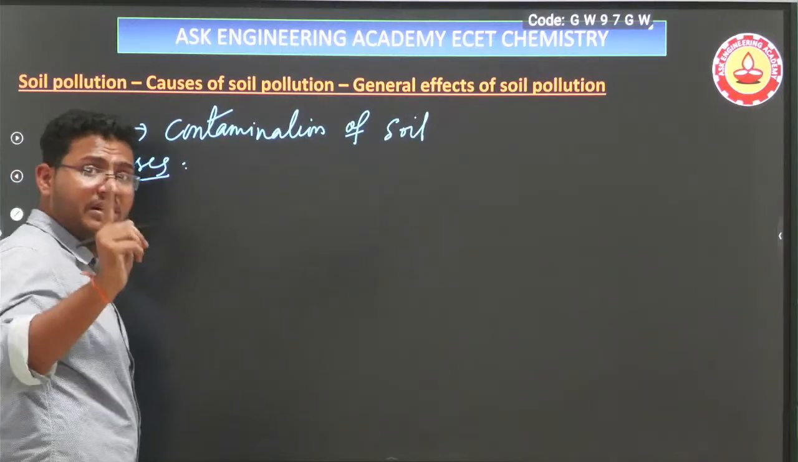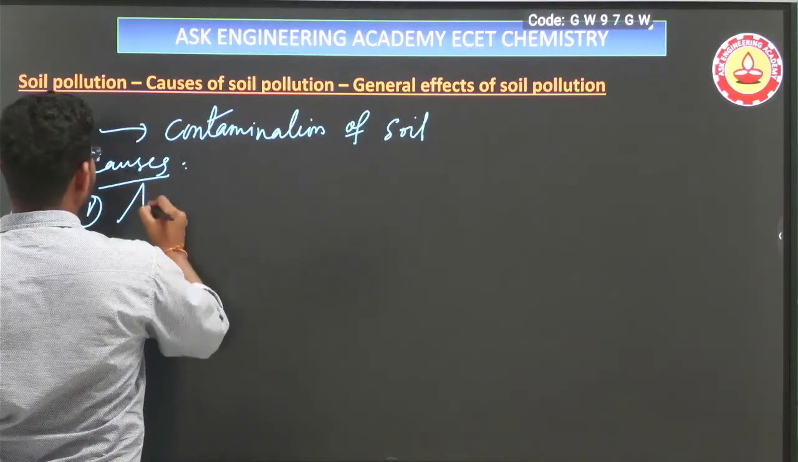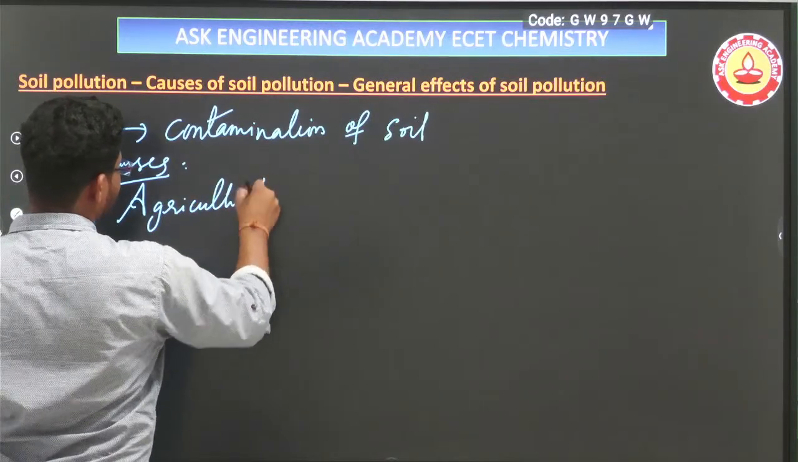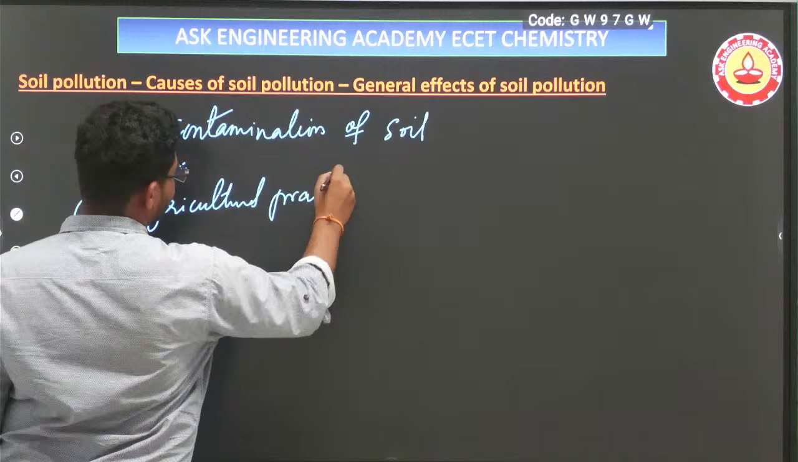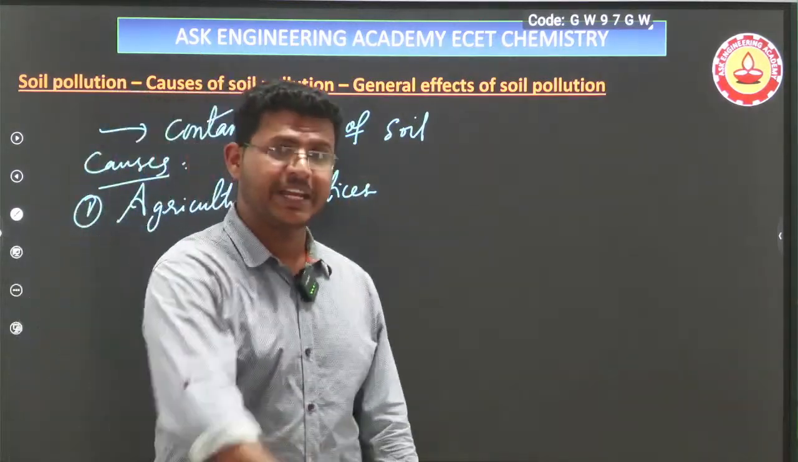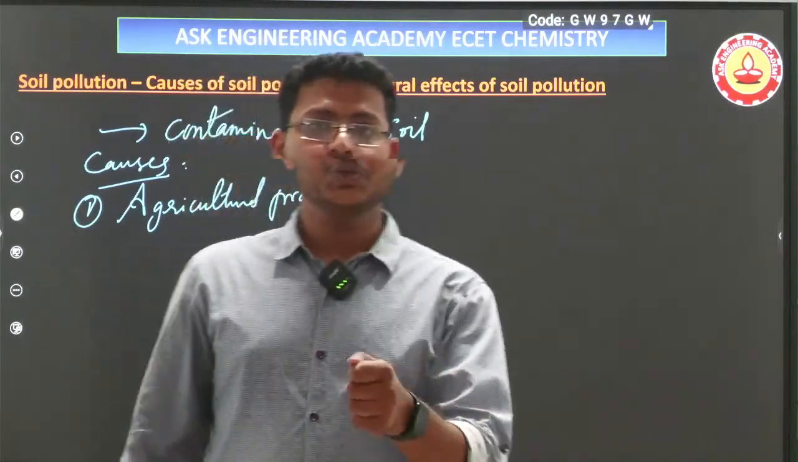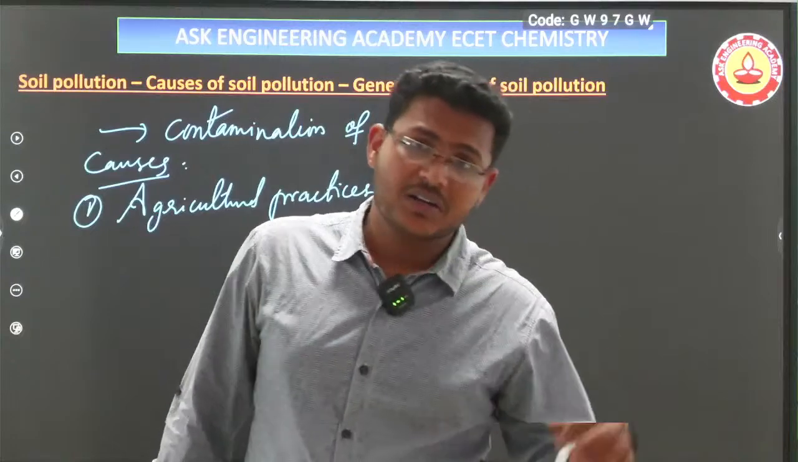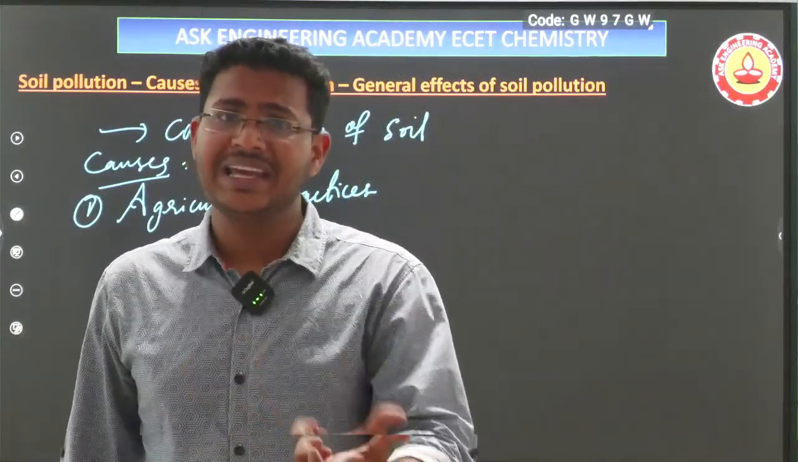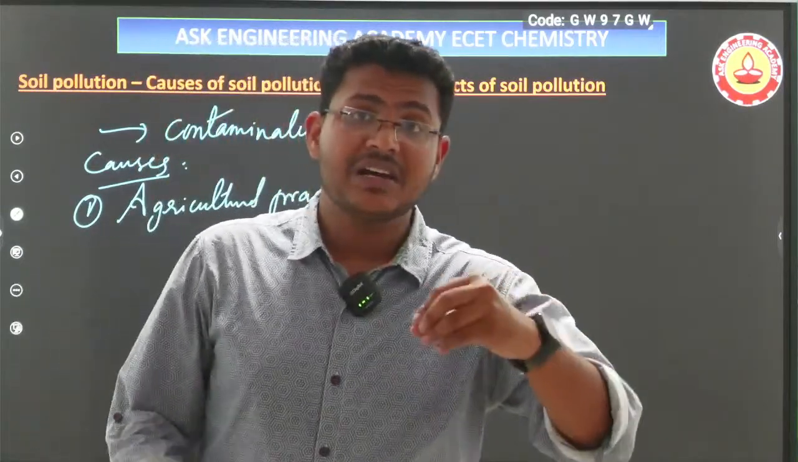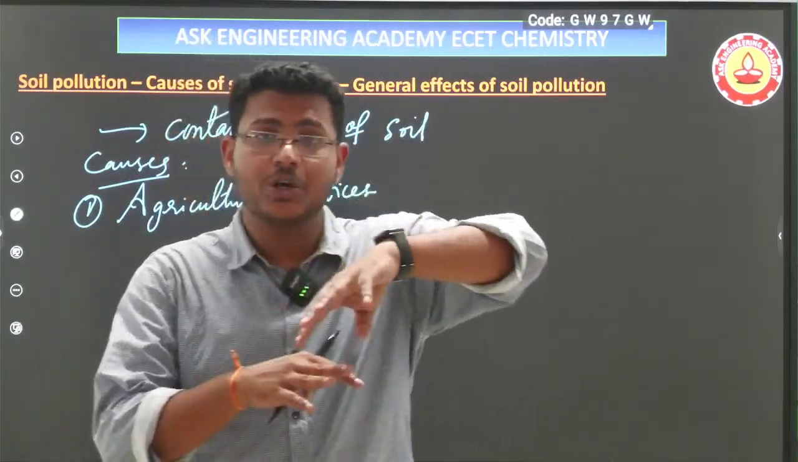First main cause is agricultural practices. Agricultural practices, first reason. How? We are using chemical fertilizers and spraying pesticides. Due to the non-degradability of those things, they keep on being deposited in the soil layers. As a result, the soil gets polluted, such that when the chemicals are present in the soil, it